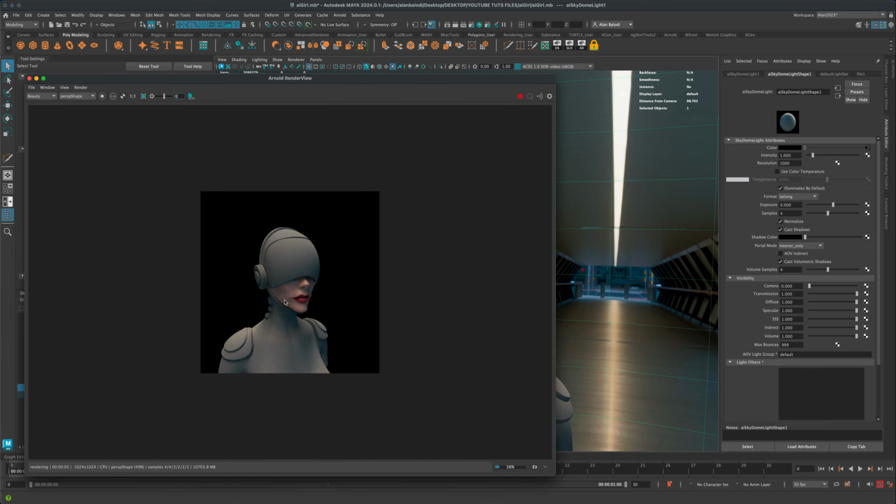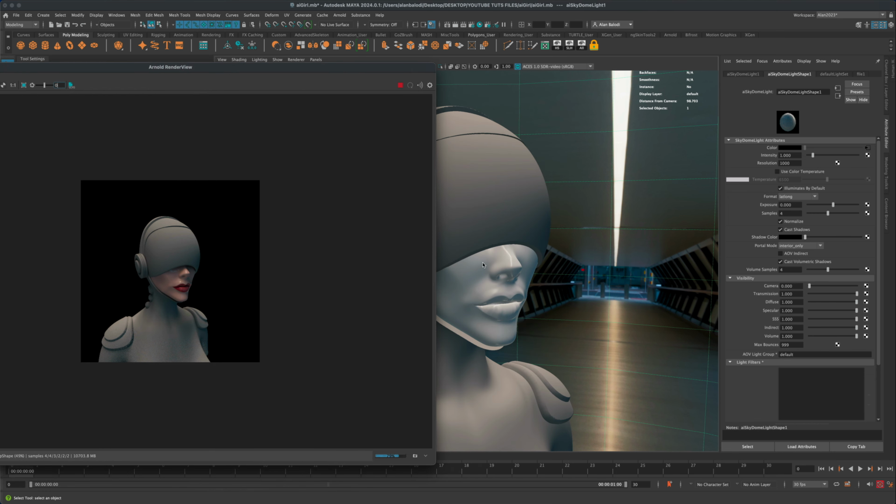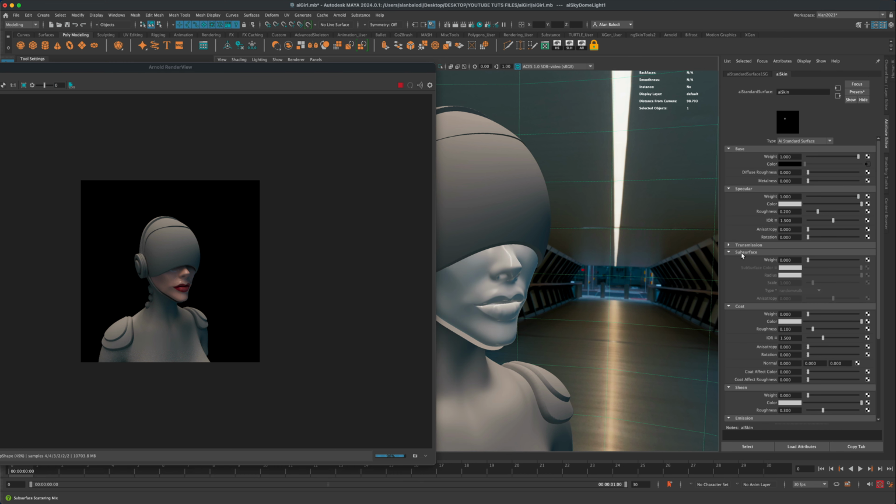Now let's go ahead and spend a little time, maybe a couple more minutes, setting this up and making it a little more interesting. So one of the first things you might realize right away is that the skin, right, before we even do anything else, the skin doesn't look like skin. It looks way too shiny, right? So to adjust that, I'm going to right click on my skin, go to material attributes, and let's find something under specular. Let's find the roughness, and maybe let's just pump this up a little bit so it doesn't look so